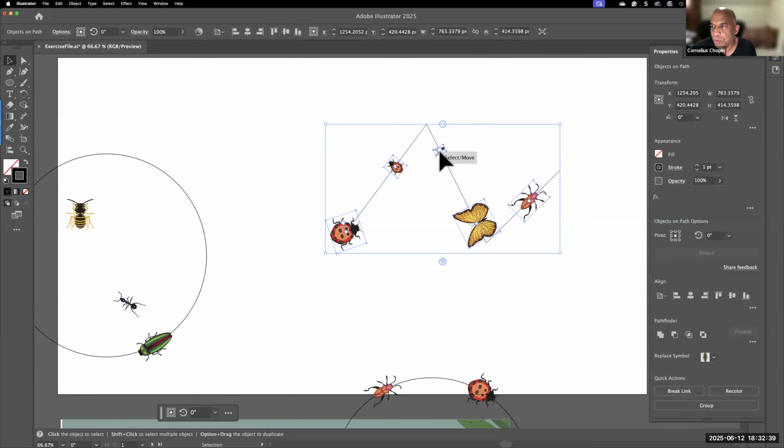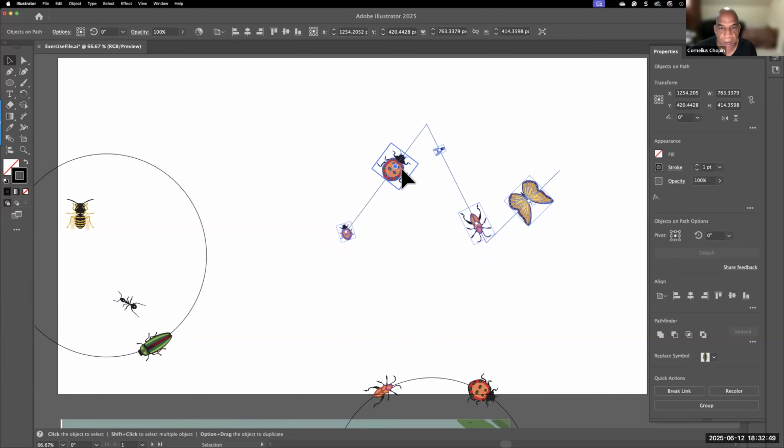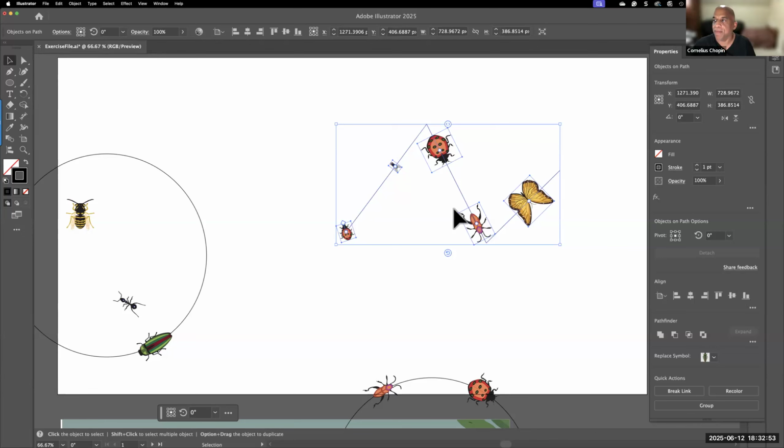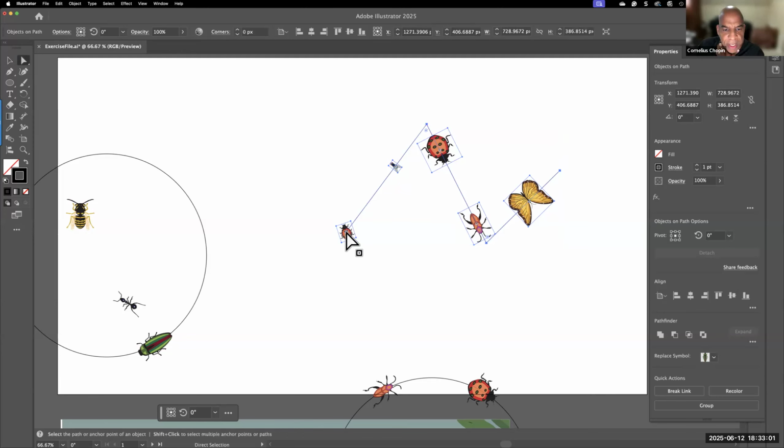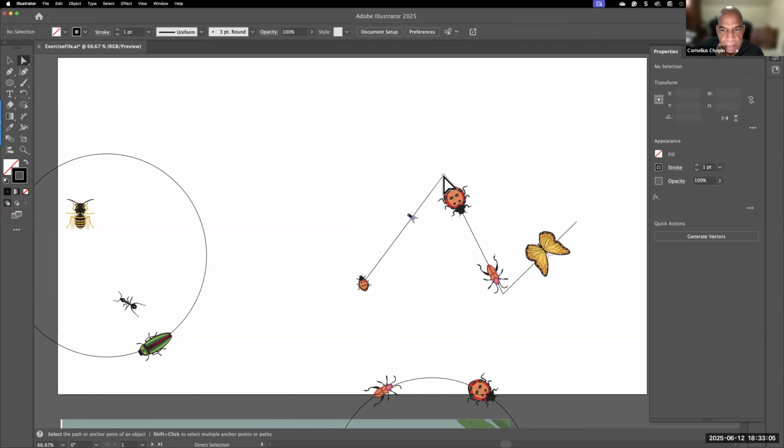Is that not cool? What if I want to swap this with this again? Boom. Oh, it just bumps it out of the way. Take this right here and go over here. Voila. I forgot to mention that. I'm glad I thought about that. Very cool. And then after the fact, you can still always manipulate